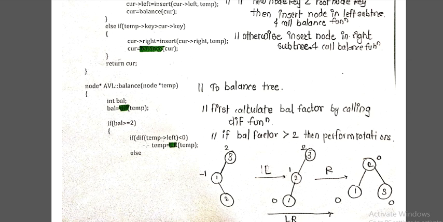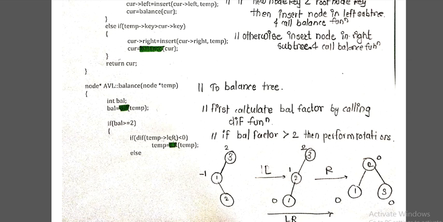So if it is greater than 2, then we are checking whether that node's left child has a balance factor less than 0. Now see here, this tree has a balance factor of 2 and its left child has a difference of -1, that is a balance factor of -1, which is less than 0. If such a thing occurs, then we have to perform the left rotation. So here we are applying the left rotation.